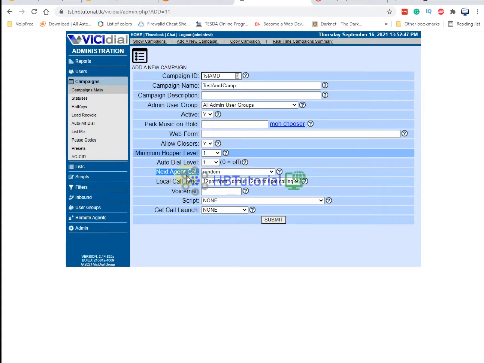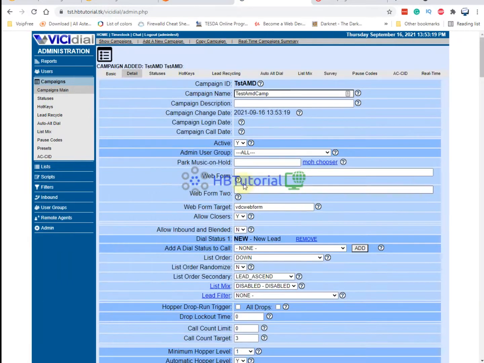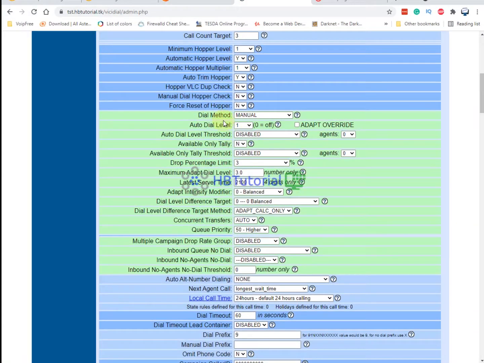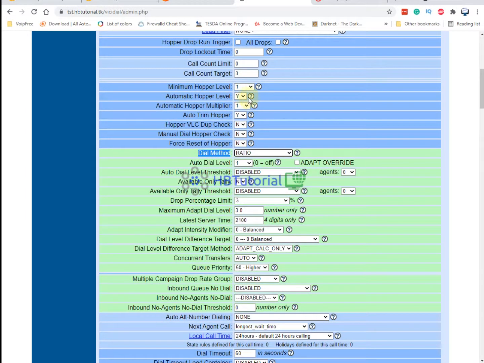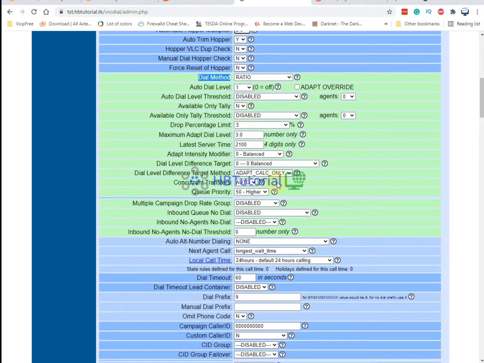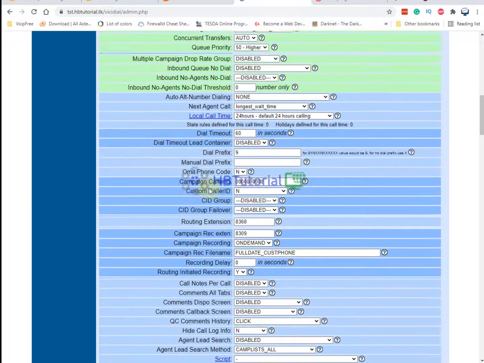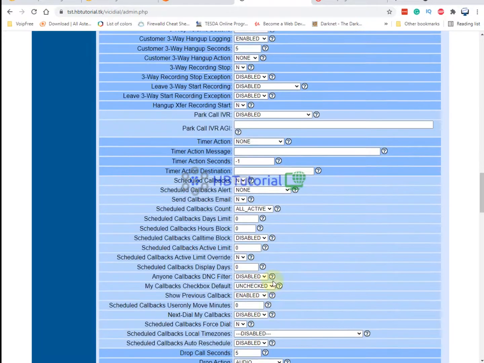for next agent call, if you want to set random or the longest wait time. And if you work 24 hours, you can set it to 24 hours or something. Then submit. And then going down, change your dial method to ratio. If you want to change the multiplier, at least one, they can dial 2:1, like that. Okay, so save for now,